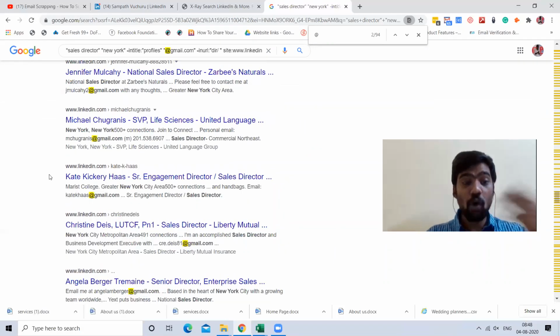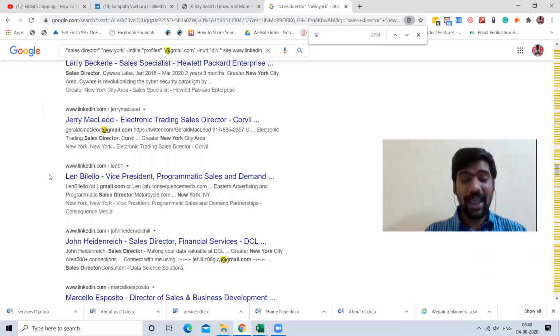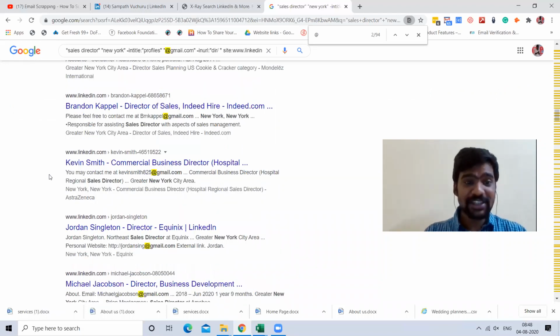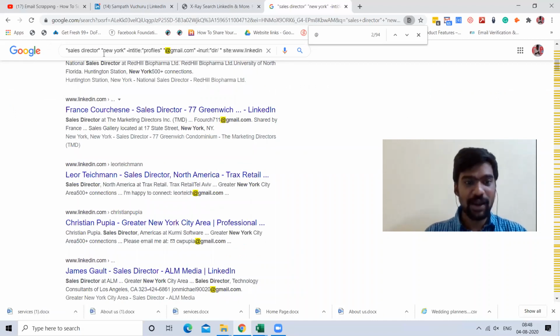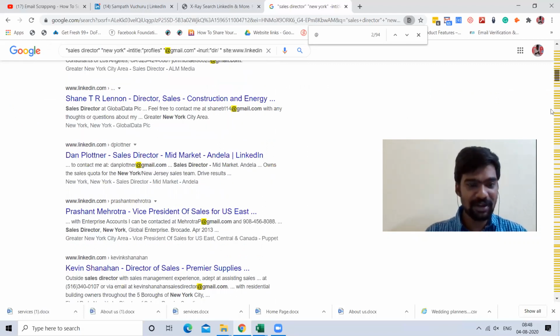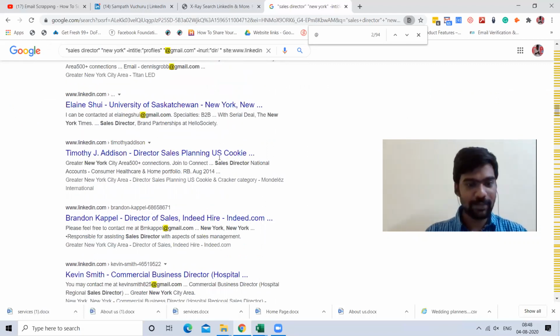If you are looking for a broader target, or if you have any more targeted industry research, you can just type that industry here. Then we can again see the targeted industry, but we will get fewer profiles compared to this. If you are targeting nationwide, you can get more data like this. Now we are seeing the information, right? See here, we have targeted profiles and targeted email addresses, and we have everything.